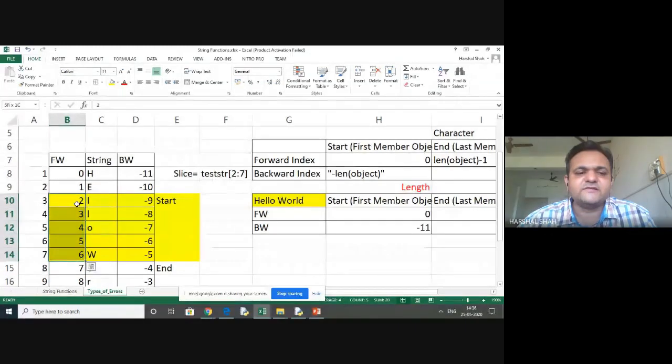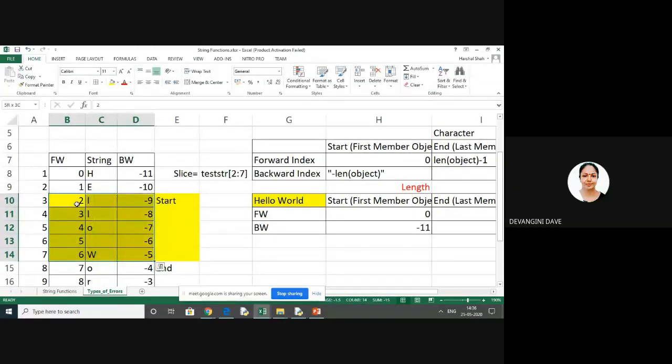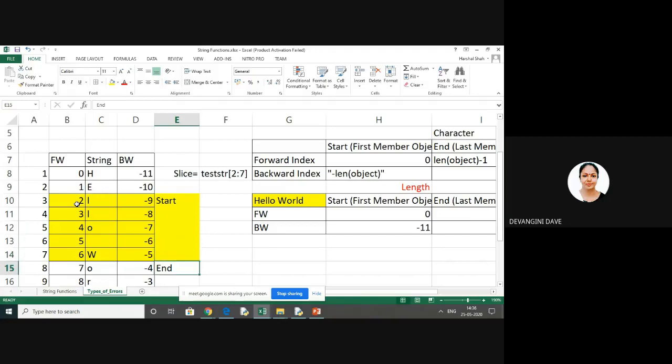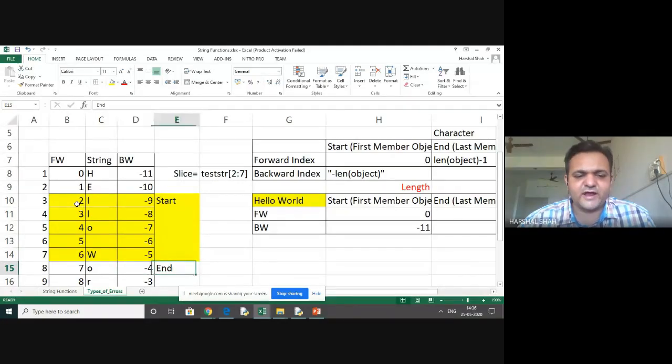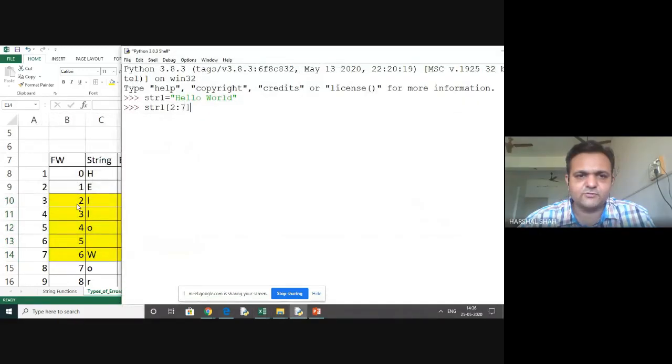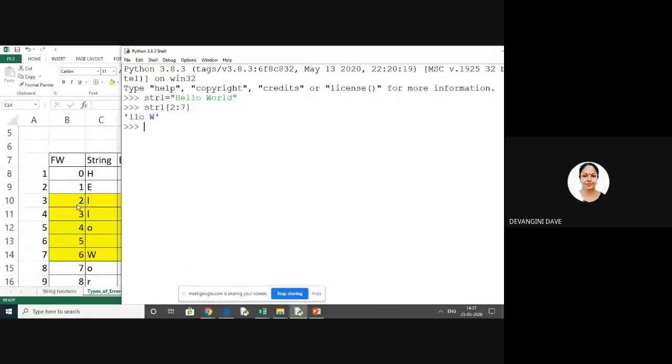So this data will be received from a slice. It will start at 2 and end before 7. So this yellow marked data will be printed: LL and space. Got it? This is called slicing.